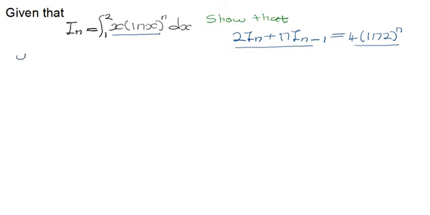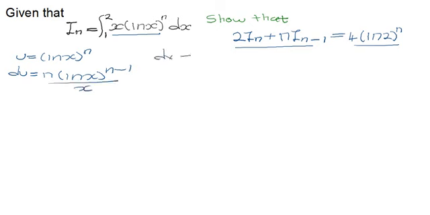So our u in this case is going to be (ln x)^n. Then our du will be equal to n multiplied by (ln x)^(n-1) divided by x. Then our dv will be equal to the x there, meaning our v will be equal to x squared over 2. You're just integrating the x there, hence you come up with x squared divided by 2. So we know by integration by parts